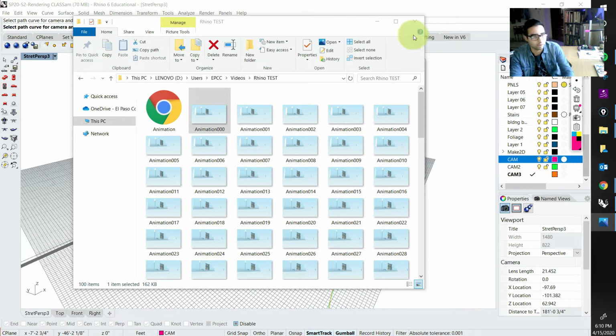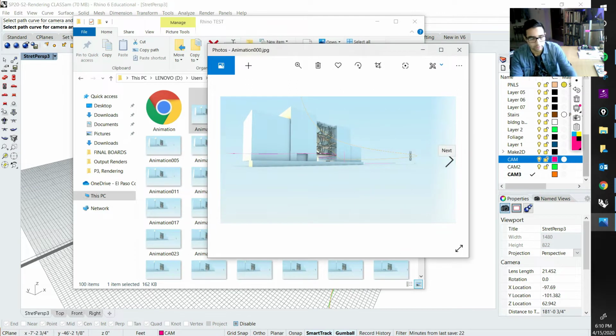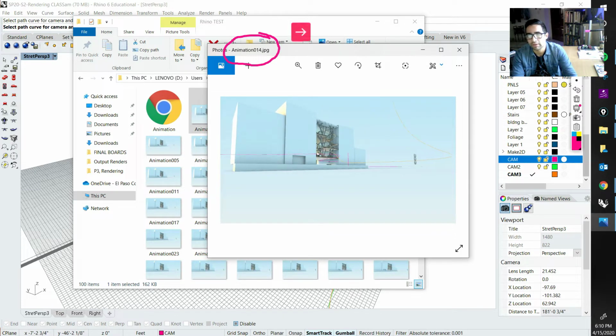So we get all of these images from Rhino once we run the animation, right? I'm scrolling through them. You see, I started on animation 1. Now I'm in 3, 4, 5, 6, 7, 8, 9, 10. And if I leave my key pressed down, pressing my right arrow,